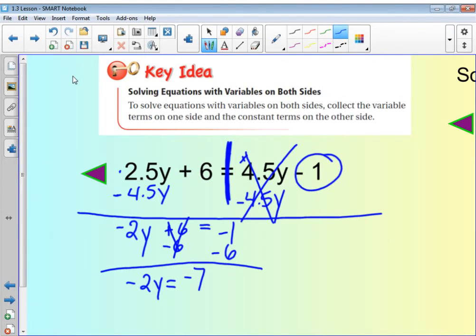So now when I go through to do this, let's say now I'm going to get that negative two away from y. So divide by negative two. So now 7 divided by 2 is 3.5. Both of them were negative, so two negatives make a positive sign. So y equals 3.5. If you want to